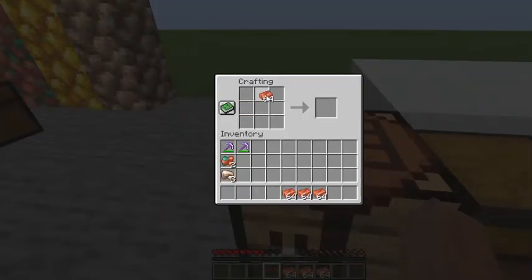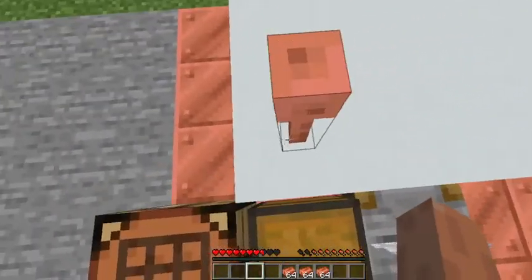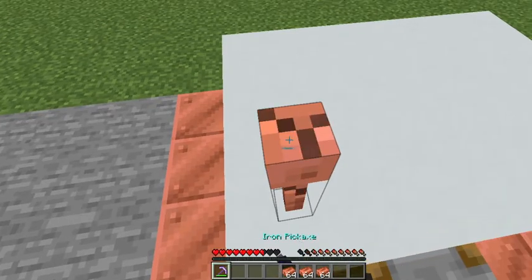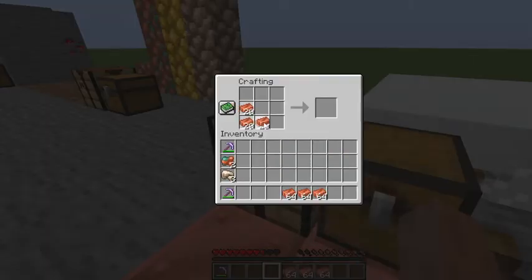you can build yourself a lightning rod with 3 copper like this in just a straight row. You can get yourself a nice little lightning rod. Now, for now, the lightning rod, we'll get to what that does in a little bit. But you're gonna more likely want to craft yourself some